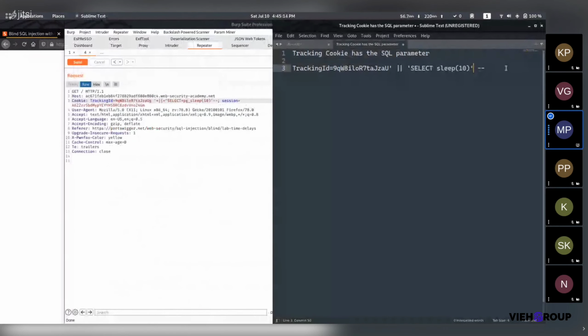Okay, I think I forgot something. In SQL, after concatenation, we have to add brackets to execute our query, because everything in SQL needs brackets after concatenation. So let's try this.